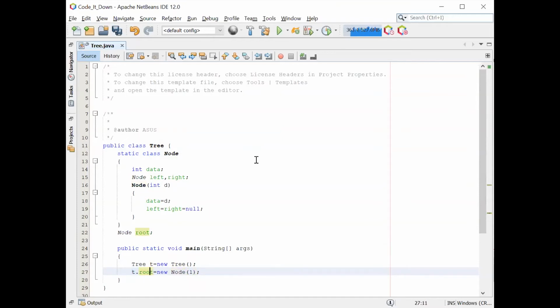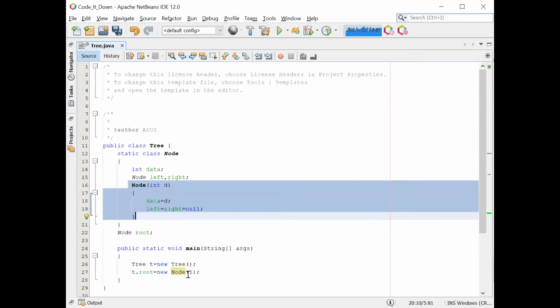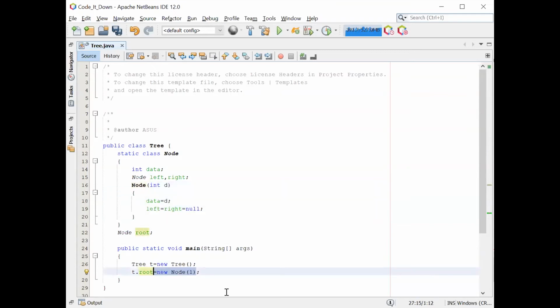Root is the root node that we have defined here, root variable. New is the instance keyword. And in the node data structure, data 1. Getting my point? So I'm going to tell you how the tree will look like.